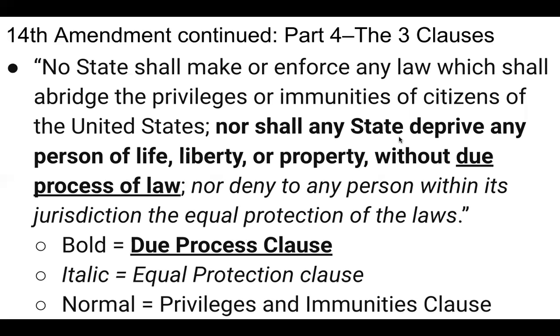Last piece here is the Equal Protection Clause, and this is the most commonly cited piece of the Constitution in federal lawsuits today. It says, no state shall deny to any person within its jurisdiction the equal protection of the laws. So this again goes back to Reconstruction, right? If there are states that are passing laws that treat people differently based on race, that law is going to be deemed unconstitutional because of the Equal Protection Clause. So this is put in place. All three of these really are put in place to give Black people an avenue to sue